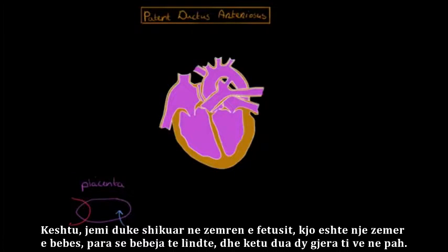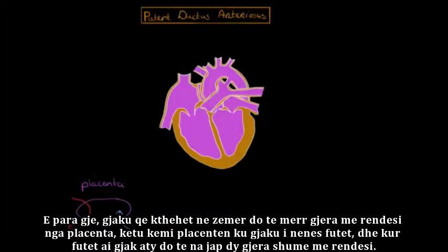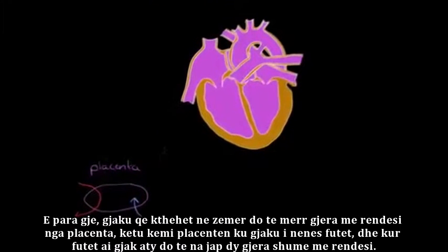Looking at a fetal heart. That's the heart in a baby before the baby is even born. And there are two things I want to point out. First thing is that the blood that's returning to the heart is going to be picking up some important stuff